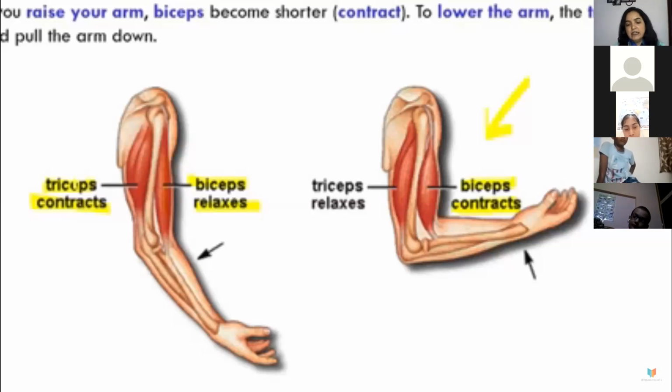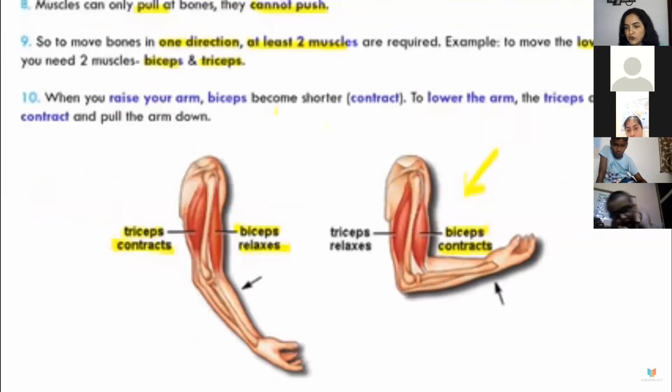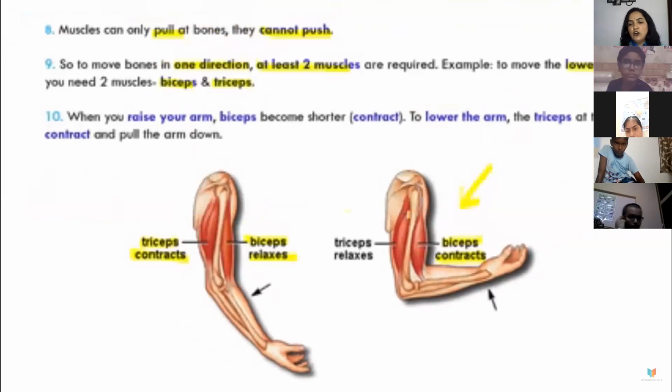Now the contracted biceps bulge out and can be felt, which your elder brothers also used to show you. So that pulled part, the bulging part that comes out of your muscle, that is the bicep. And that is when they say, okay, see my body, how strong I am. So those are the contracted form of your bicep. And triceps at the back.